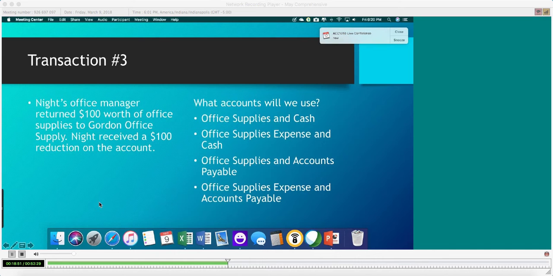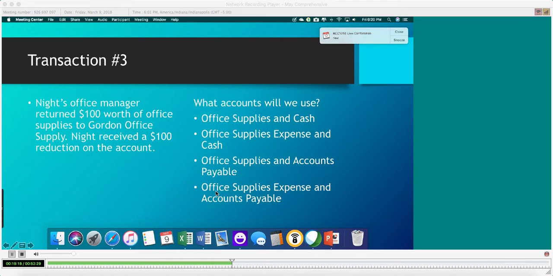So what two accounts would we use when we're returning supplies? Okay, this is a 50-50 split. So you guys have